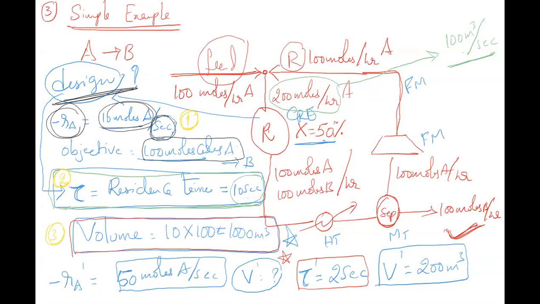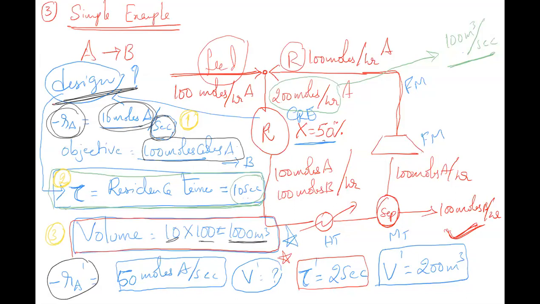So for that one, we'll use volumetric flow rates. Let's take the volumetric flow rate, which is 100 meter cube per second. How do you get this volumetric flow rate? You take the molar flow rate, multiply with the molar density, then you will get, let's say, 100 meter cube per second as the volumetric flow rate. And to hold for 10 seconds residence time, what is the volume which is required? It is 10 into 100, so simple, 1000 meter cube is the volume.